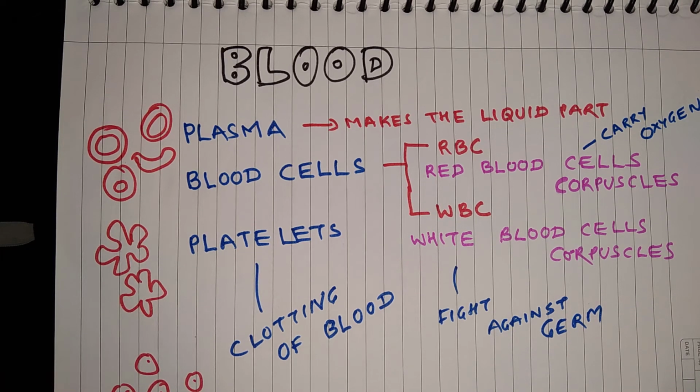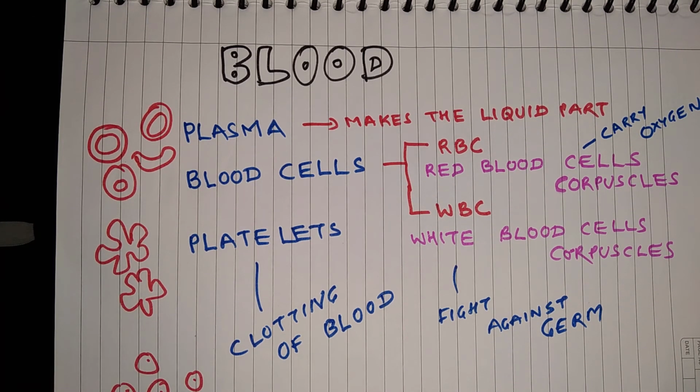So what is clotting of blood? Suppose you are playing and you suddenly fall on the ground, and your knee gets injured. So what happens? Blood starts coming out from the injured knee. Within a short time, say within about half an hour, you will see that a layer of dry blood is formed on the site of injury, and the formation of that dry patch is called clotting.